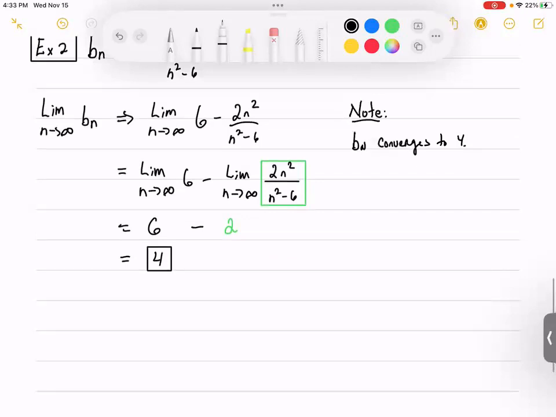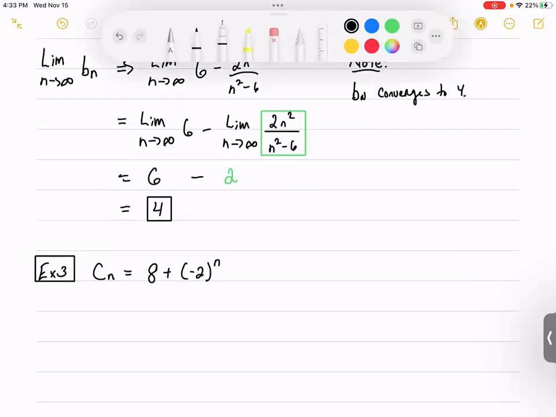Here's example 3. Let's say I have Cn is equal to 8 plus negative 2 to the n power. To really understand what's happening in this sequence, what you'll need to do is look at it term by term for this example, right? So to approach this problem,